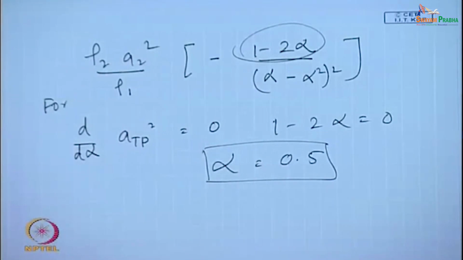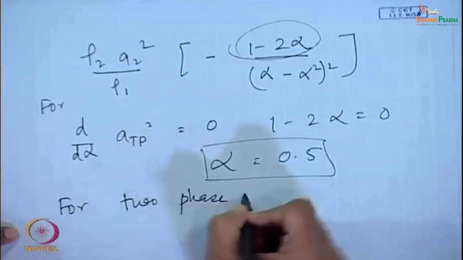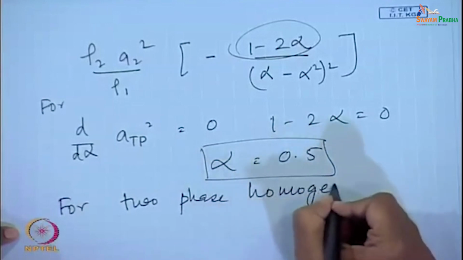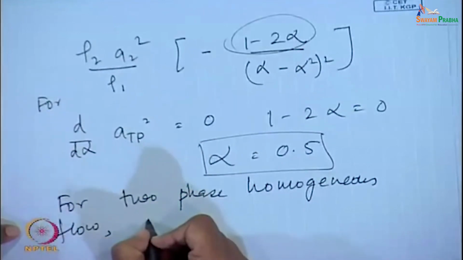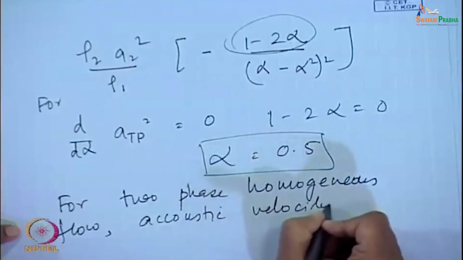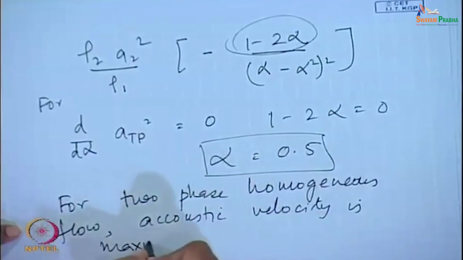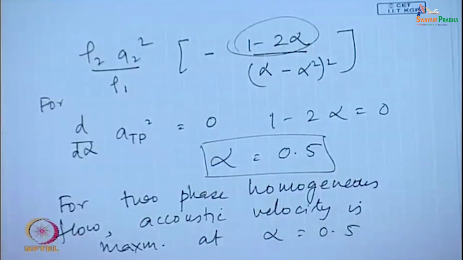We find out that for two phase homogeneous flow, acoustic velocity is maximum at alpha equals 0.5. So, therefore, acoustic velocity is not constant under these conditions, it is a variable and it is a function of alpha. Interestingly, we find that for 50% void fraction,